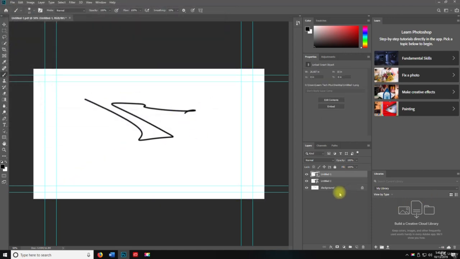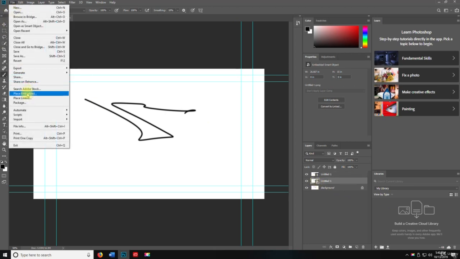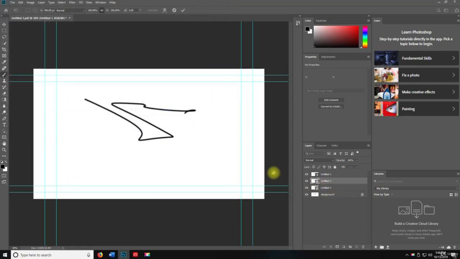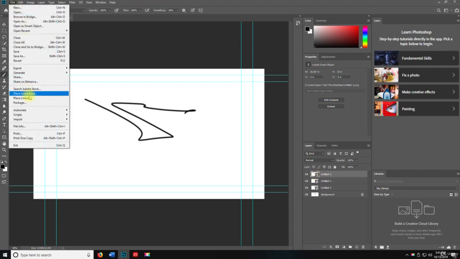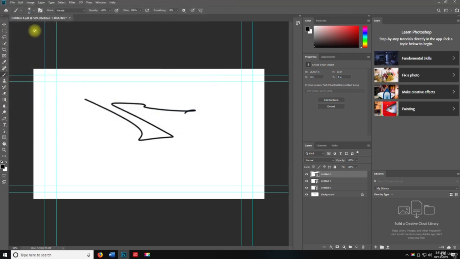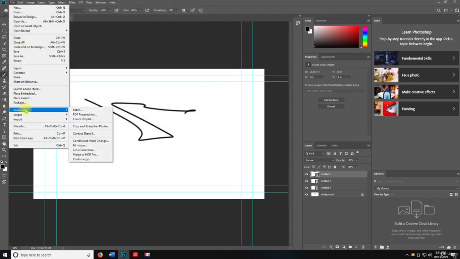okay. So you see how they have different little icons here. So we did the embedded. Okay, so the embedded has this little document icon right here. And then the link has a little lock on it for a link. Okay. Package, you can grab a folder with content in it. Automate, so you can do batch, PDF presentation, create droplet, create and straighten, crop and straighten photos, contact sheet, conditional